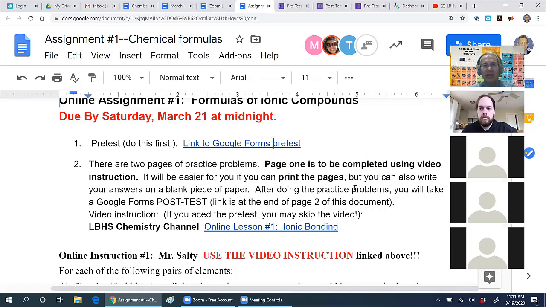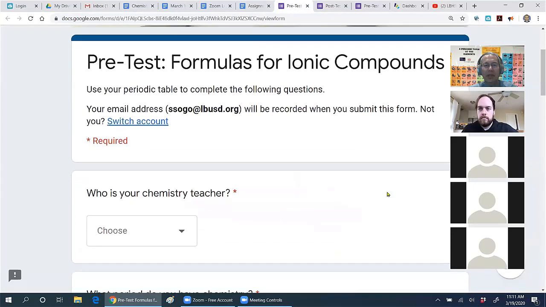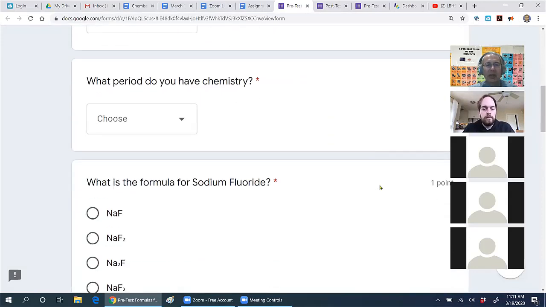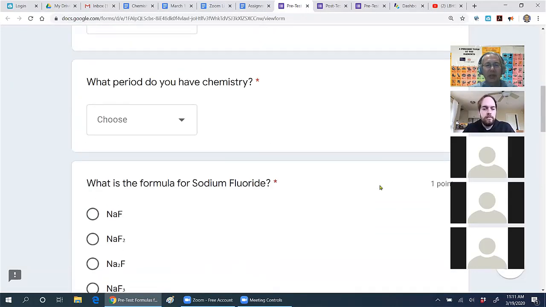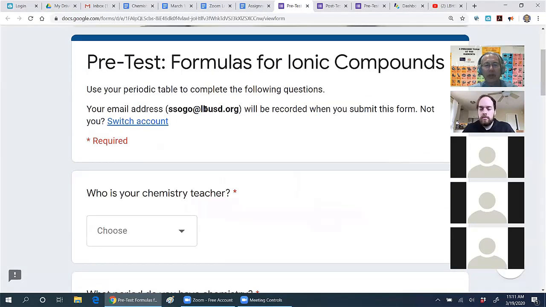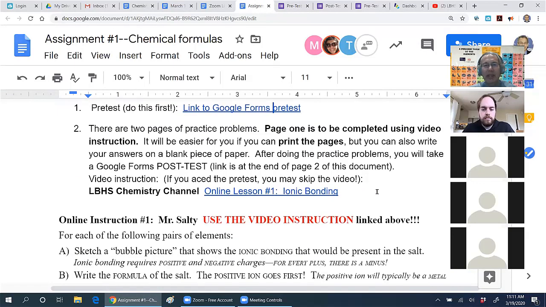It'll look like this. Pre-test, and you will have to put in who your teacher is so we can sort the data, and which period, and then it goes into the quiz section itself. It will record your email so we know who's who. That's the pre-test. The post-test looks the same. It's just you're supposed to do better on that.